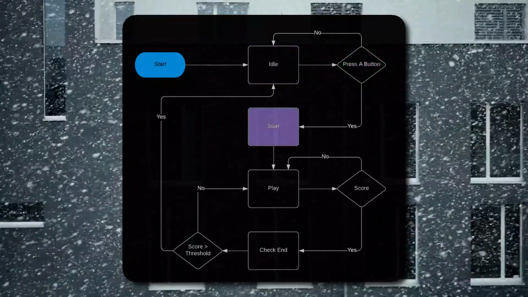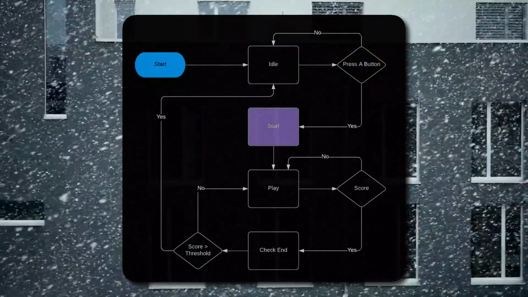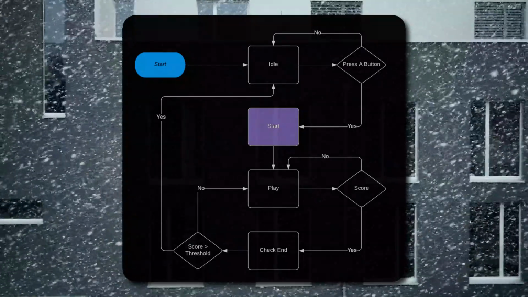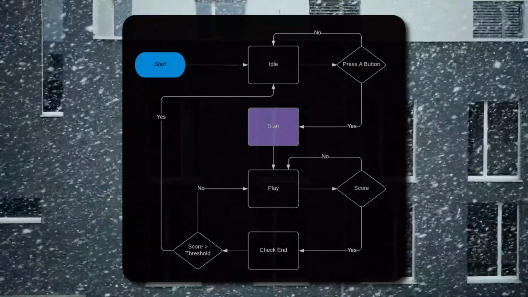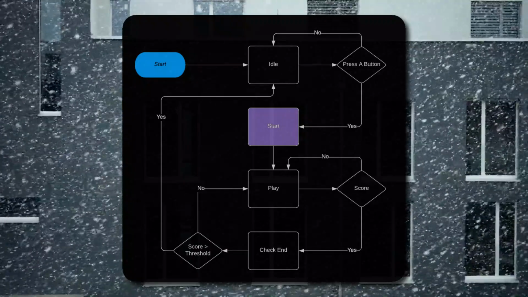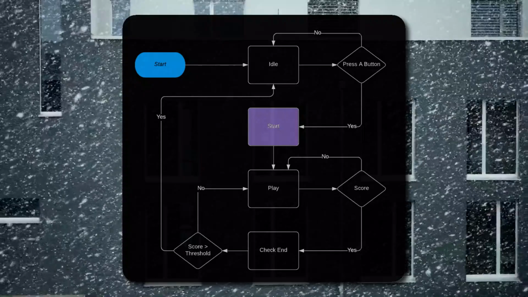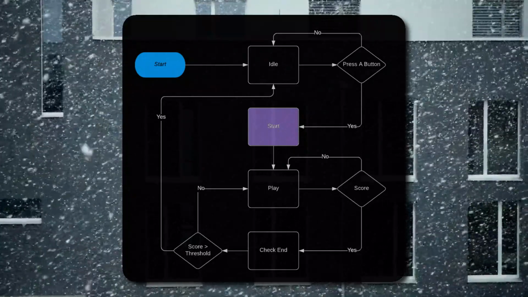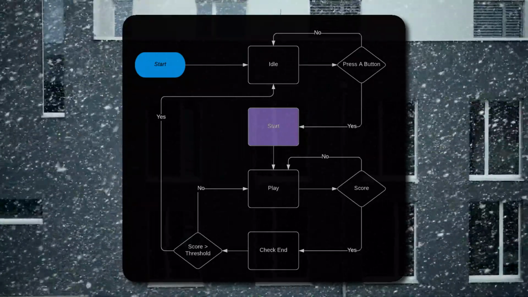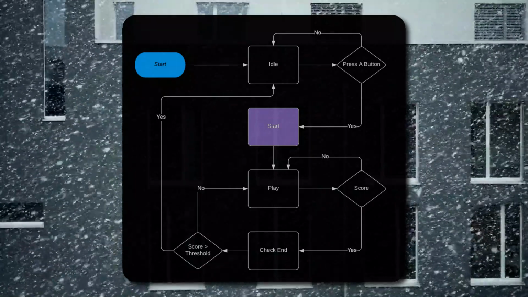Our next state is the start state. Its purpose is to get the game ready to play. During this state, we'll reset scores, reset paddles to the center of the screen, and set up serving the ball. Essentially, it'll do all that, then change the state to the next one. We'll only ever be in this state for a single frame.